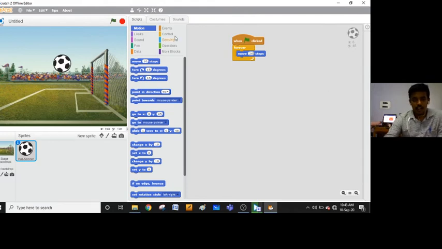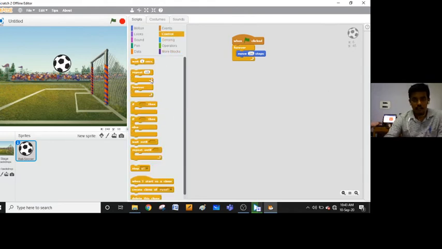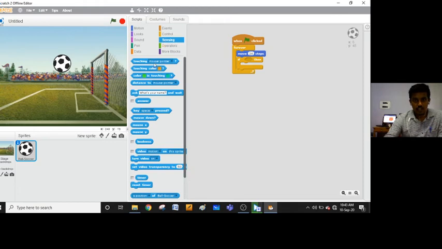Then again from control blocks, the if block. I kept the if block here. If touching edge, so from sensing, touching edge. Where will I get it? Here.